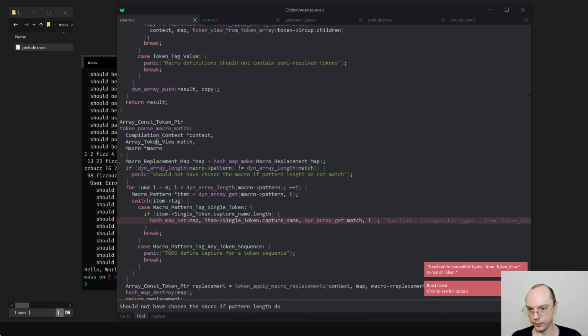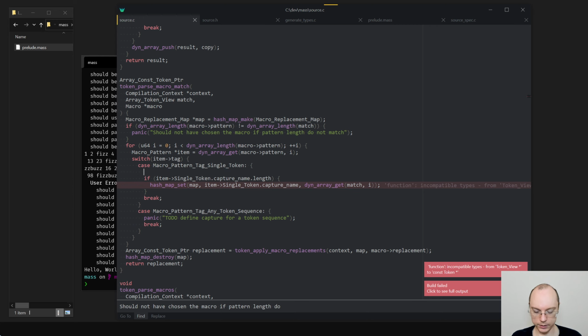I think it was. Okay. That's not going to be a big change, but instead of saving token views, we are actually going to save token pointers. Yeah, we're going to put tokens in there. Although if we put tokens, we will have the issue that this is tricky. Okay, I'll keep it that way for now, and then we'll see.